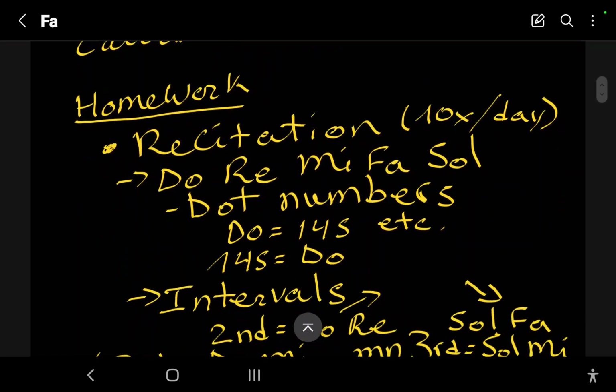Next, I have homework. So if you're doing recitation, which is highly recommended, by this point you should be relatively familiar with the dot spellings of do, re, mi, and sol, and fa is a new one. Hopefully it won't take too long to learn. But if you wanted to add a little encouragement to your recitation,